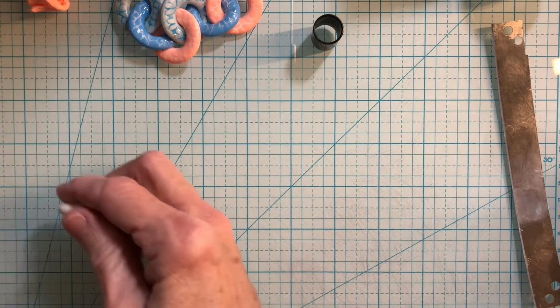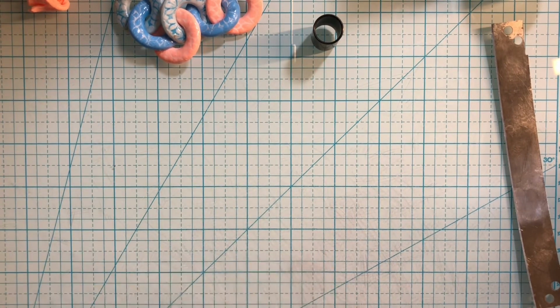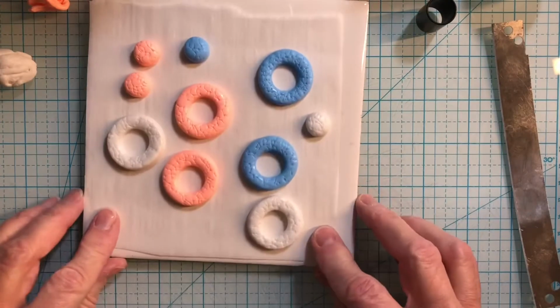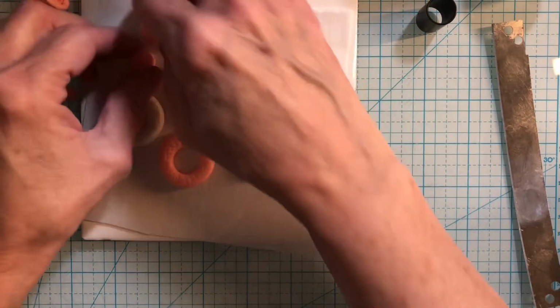You know what? I can make one more. I'm going to make one more little... No, I don't need it. I'll just bring this in and show you what I've got now and what I'm going to be baking. So now I'm going to put this in the oven at...